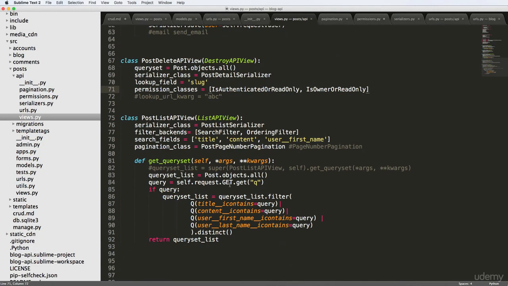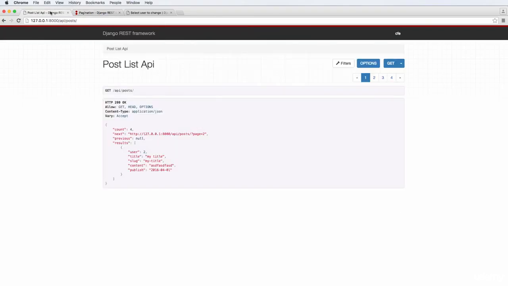It is really powerful and it's very nice to use. I'm going to leave it as post page number pagination just because that's what we did in our other view, our original view, and it's fairly useful. So what's cool here is the pagination as well as the filter as well as our own query. All of those things can work in conjunction with each other to make finding things better or retrieving things better, because once we can retrieve it, we can actually go into that item. Now, what we haven't done is linked the list view stuff to actually go to the detail view. And that's